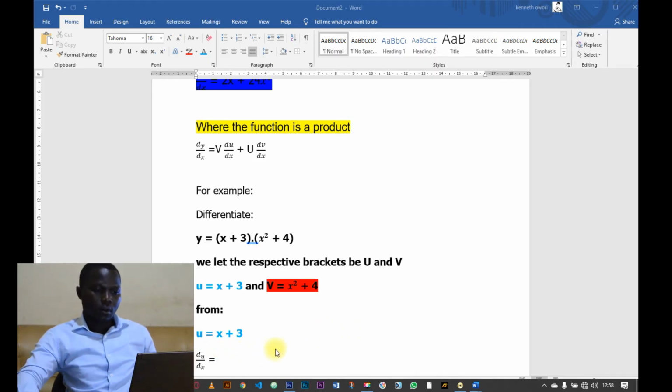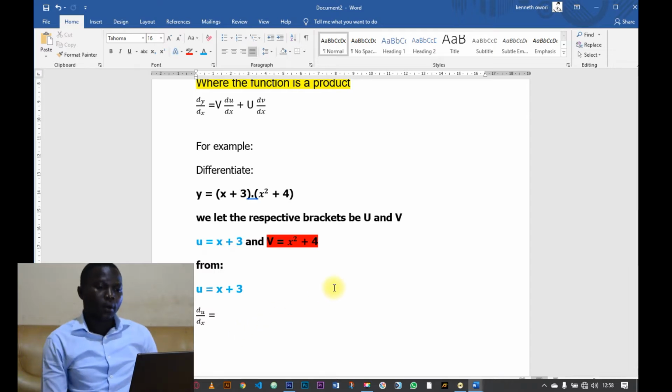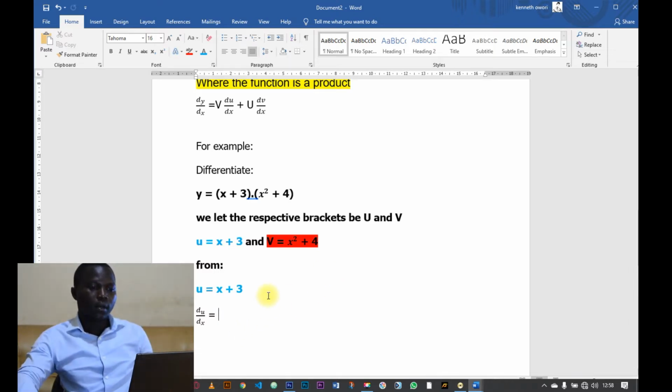So let's continue from where we were. We had seen u being equivalent to x plus 3, and then we let v be equivalent to x squared plus 4. So now, from u equals x plus 3, we need to find the derivative of u, that is du dx, given as